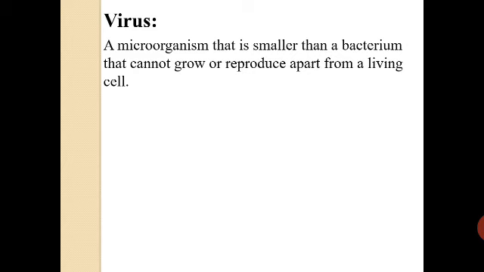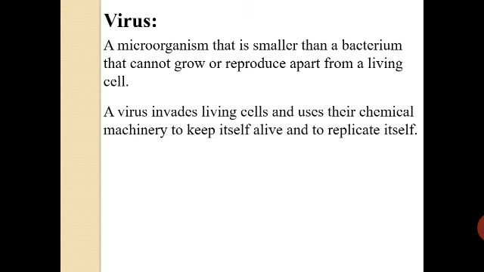So in general, this is how virus is different from the other microbes. That is, virus always need a living cell to survive and to multiply. Okay, so you can read here, a virus invades living cells and uses their chemical machinery to keep itself alive